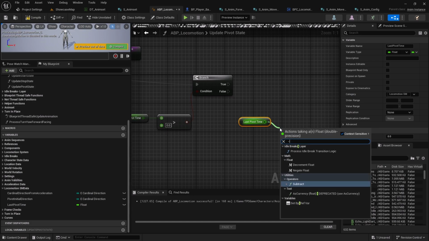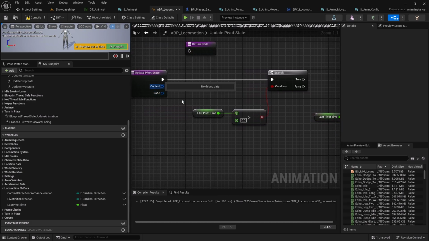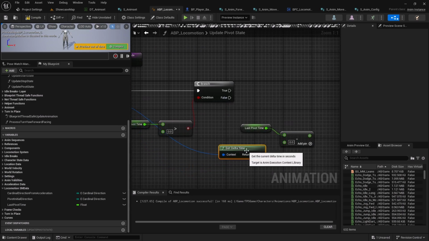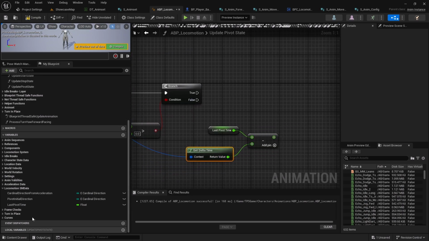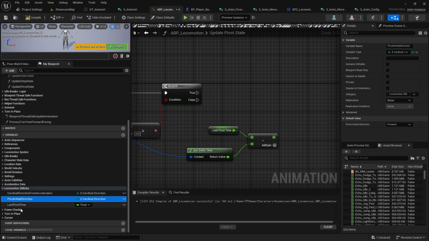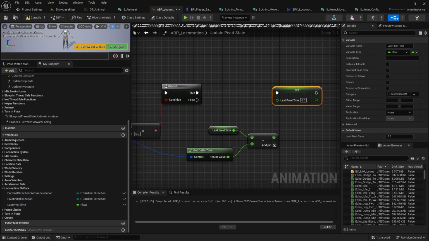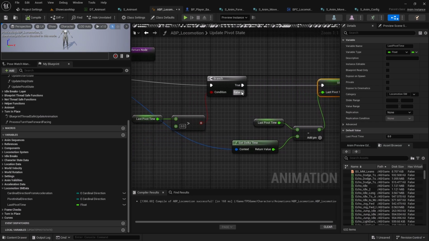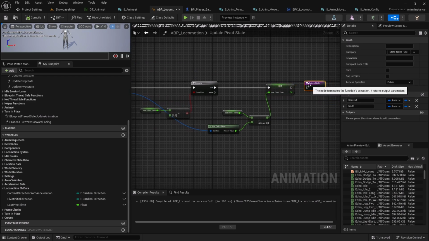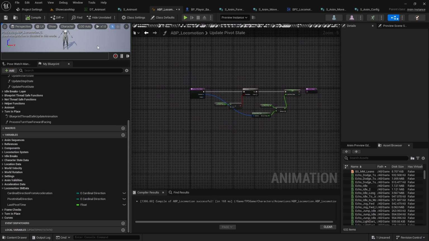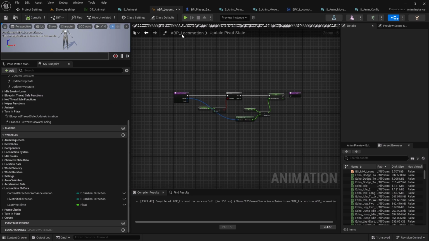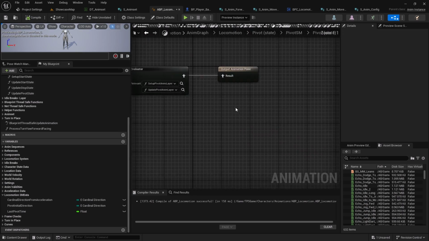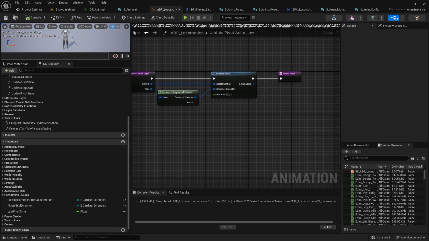let's reduce this further. So at the context, let's get the delta time, and let's set the last pivot time again. Okay, now we have captured that last pivot time, right? Then what we can do is, let's go back to our pivot state machine, pivot, and update pivot anim layer,